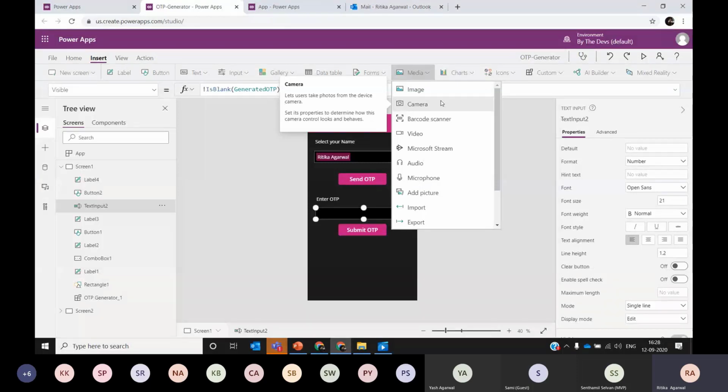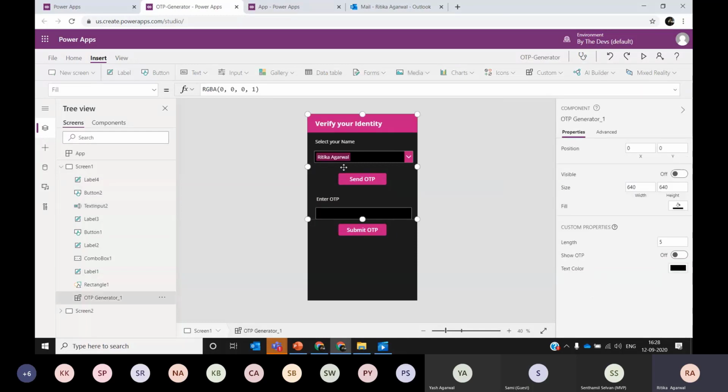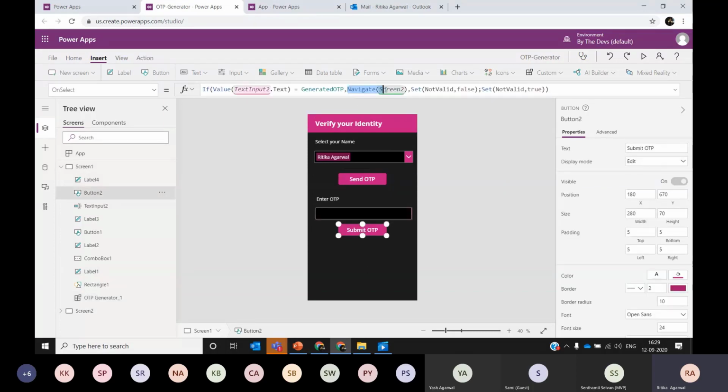But for the purposes of this demo, I was trying to cover this part where the person can be authenticated or validated using an OTP. So if you want, you can update the design. If you want to set any other feature on this, like here I'm just navigating to a different screen, but you can set variables here based on user context. And if you have a SharePoint list or even CDS entities and you want to match those details, you can set all the variables here.